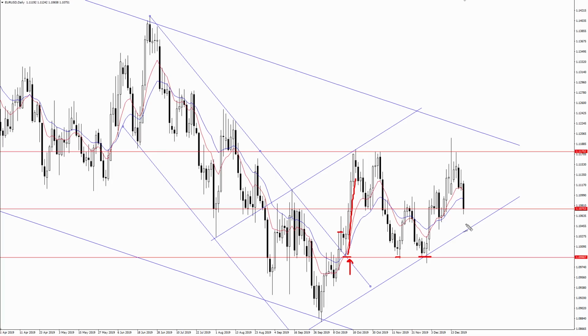So if we do see a close below this channel support, that could open up shorts for a move down to 109.90. Now, of course, a daily close below that could take the pair all the way down here to the 2019 lows just below 109. But as of right now, I don't want to trade this because we are still stuck in this consolidation. So until we see a breakout either of this channel support or a move higher and a break of this channel top, I do think the Euro is going to continue to be a challenging pair to trade.